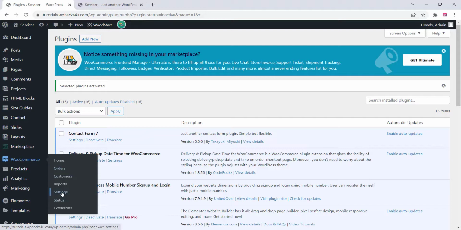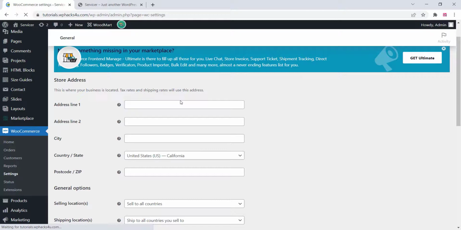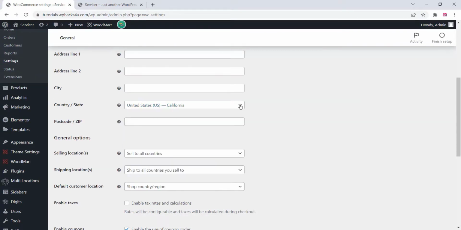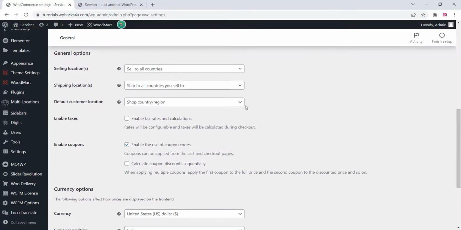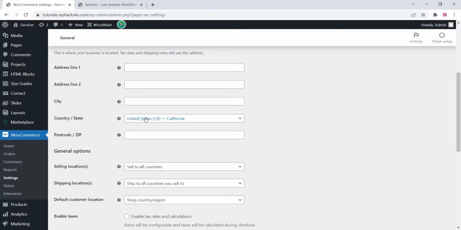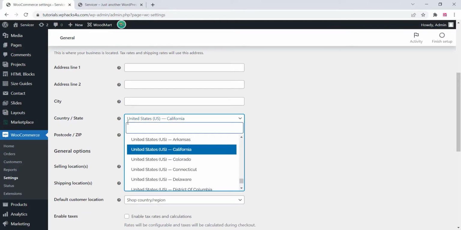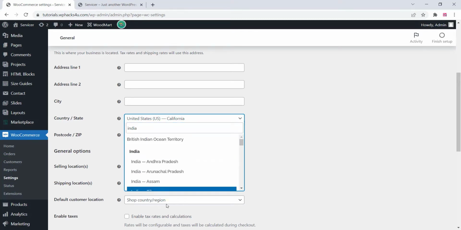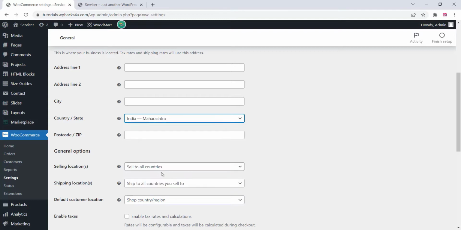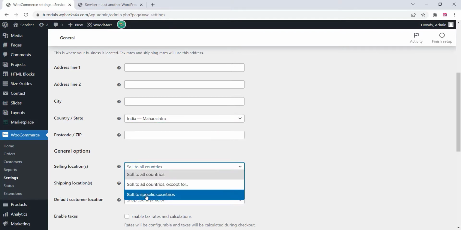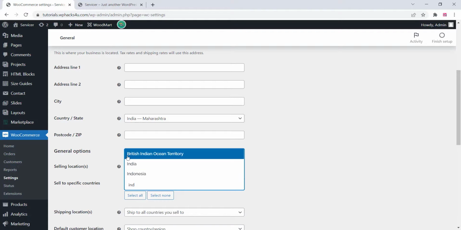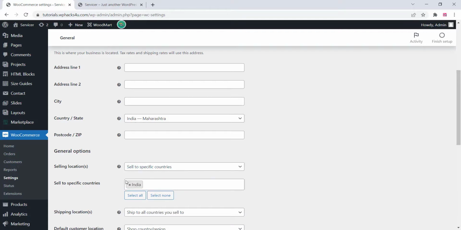And go to WooCommerce first and select the settings area, and you can just set up the WooCommerce settings, and it's so easy and fast. So you can just select your billing details, country details, and the currency and everything you can set up from the WooCommerce settings. And we already discussed that before, so it's super easy, and you can just create that. You can just install all these things